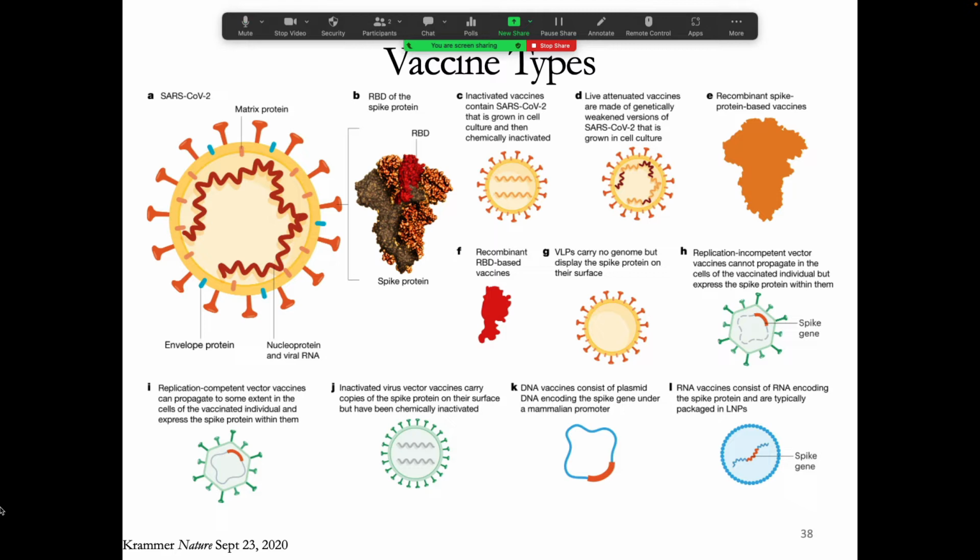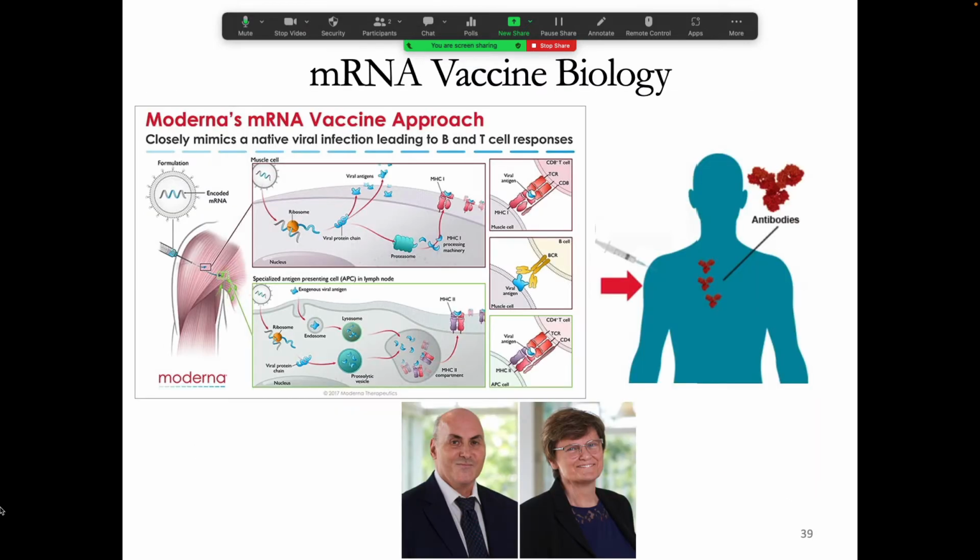In graduate school and for much of my career, I spent a whole bunch of time working on DNA vaccines, and if you had asked me to bet in 2019 what kind of nucleic acid vaccine would be the one, I would have told you DNA. Clearly I was wrong. Because in fact it turned out that the mRNA vaccines have worked out much better and are actually now in the clinic. And so basically what happens is that this mRNA